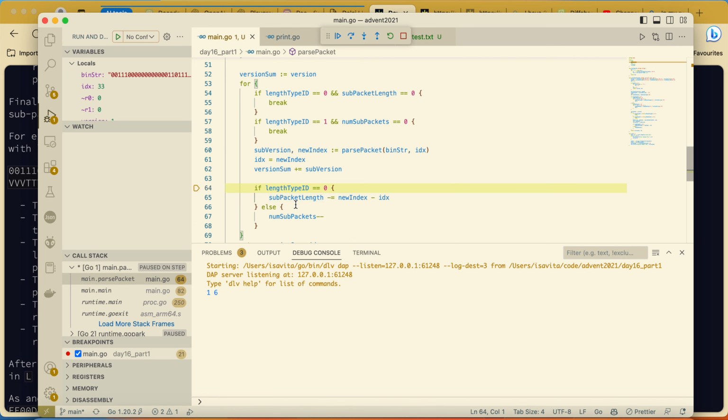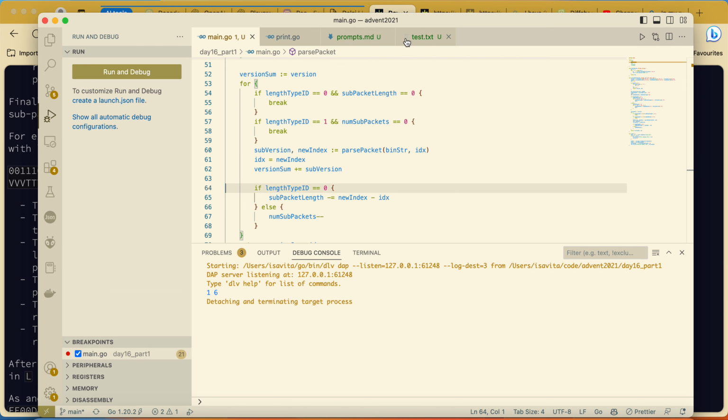Because here we have this subpack length, and we want from this length to remove as much as we read, but with this one here we want to have 33 minus, but before to have this change of the index, this one that is simply saying okay, now that's 33. I think that's the mistake here.